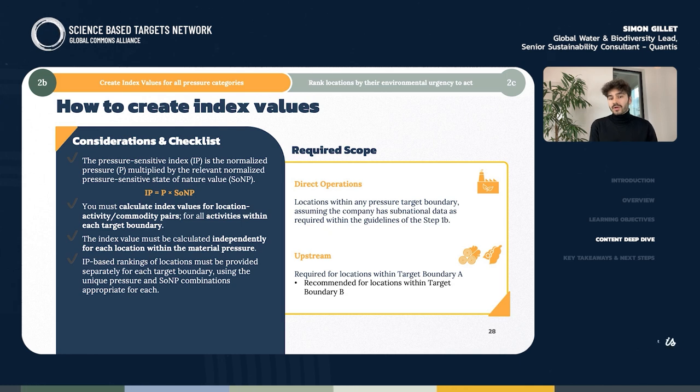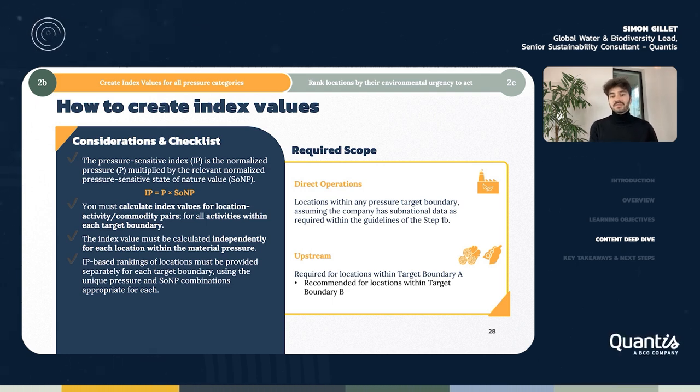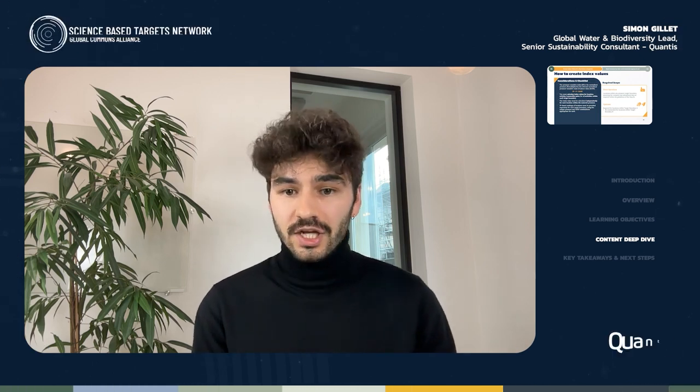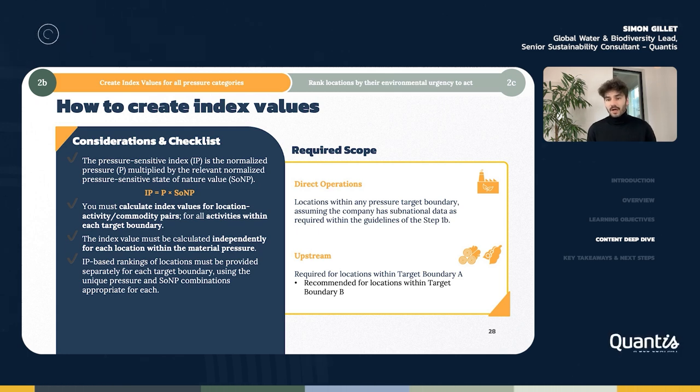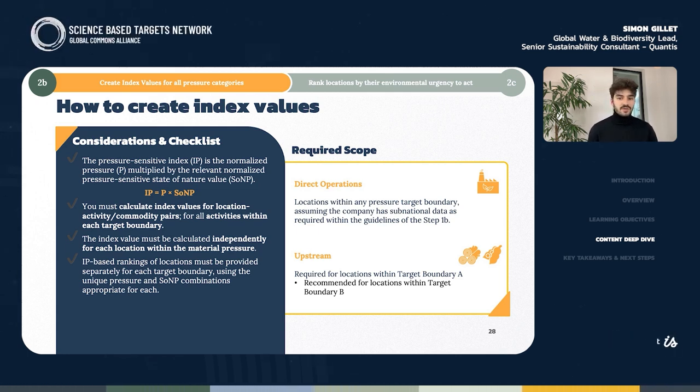First, you must calculate index values for all location, activity, and commodity pairs that are material for each pressure, meaning that these index values must be computed independently for upstream activities and also direct operations. Companies must combine pressure and state of nature data for each location relevant to that pressure. For example, each direct operation activity known to have water pollution impact. So we will use the equation above, which is IP equals the pressure times the state of nature